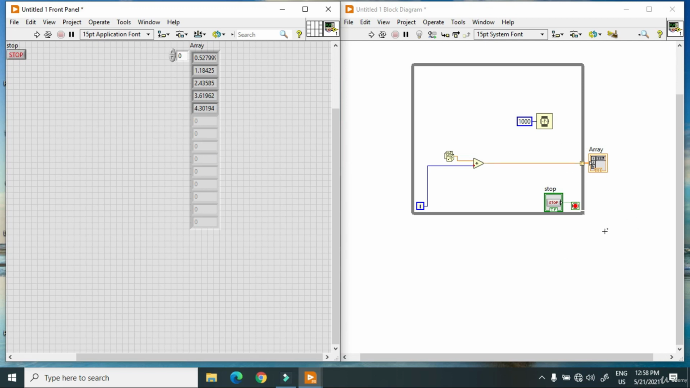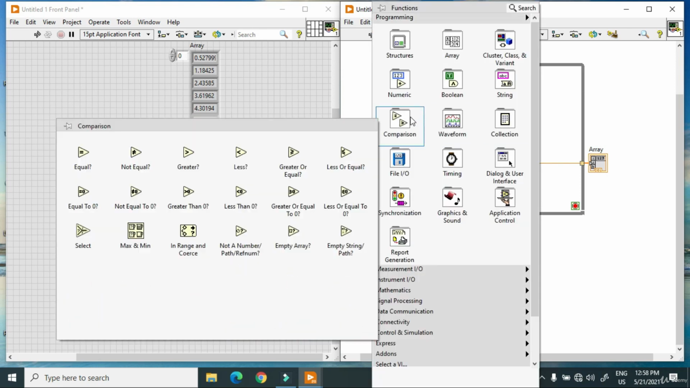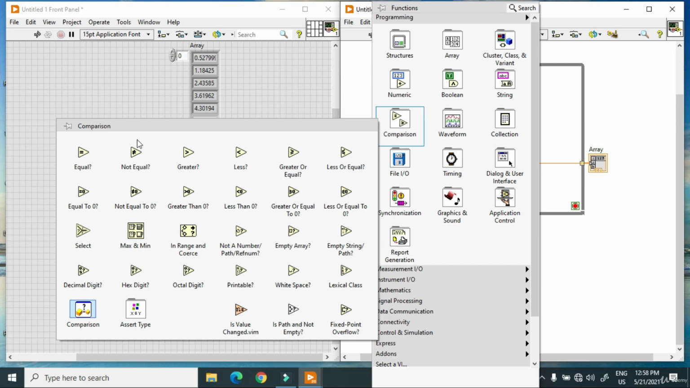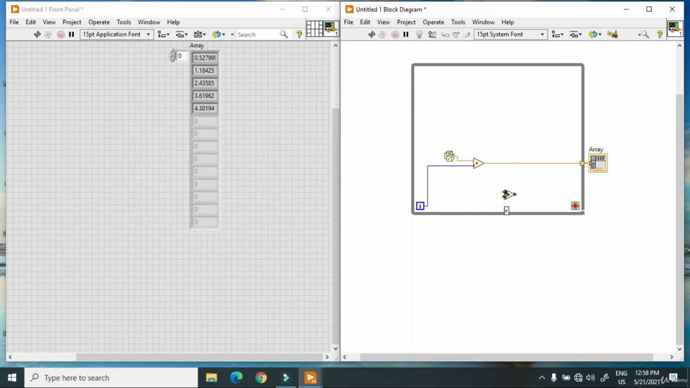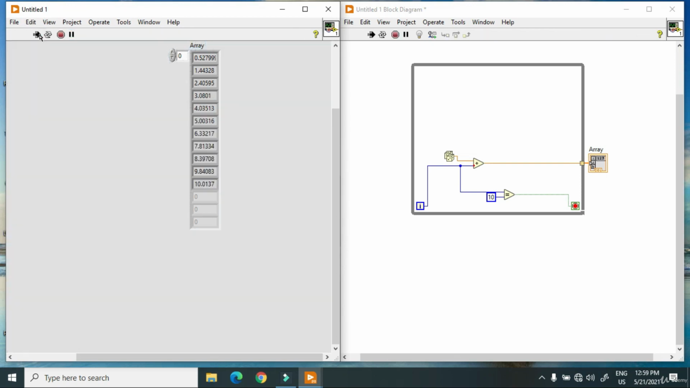You can also convert this while loop into a for loop, as you see over here. When I delete this, right now I want to convert this while loop into a for loop. For that purpose, I take a comparison. When this indexing value is equal to 10, as in a for loop, it will give me a total of 10 values. So when I hit the run button, as you see,